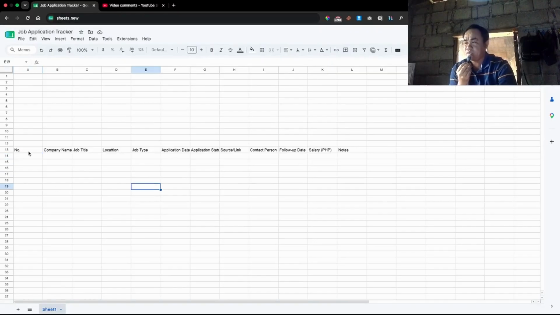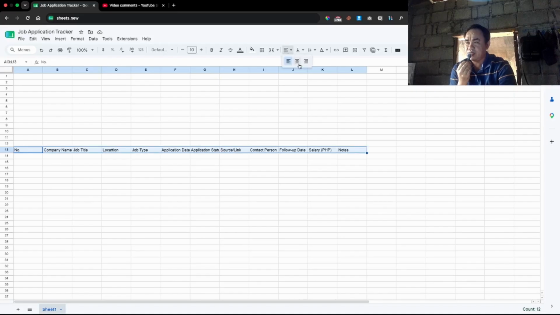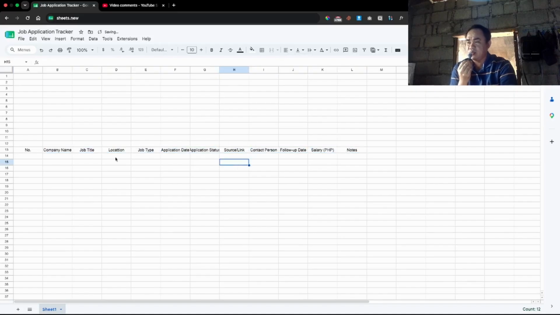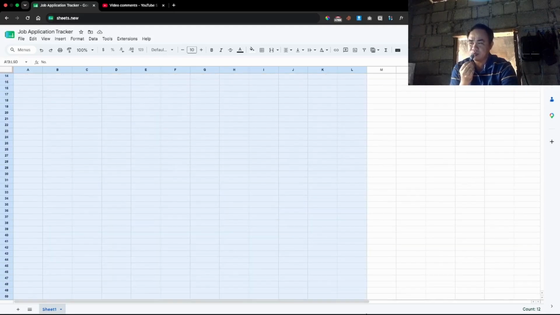Then we're going to format this range, center align this one, and add borders to the table. You just have to select this and then scroll down to the last row. This is row 1000, I think. So we need to use keyboard shortcuts like Control Shift and then the arrow down.